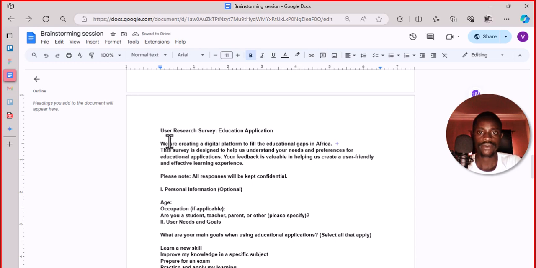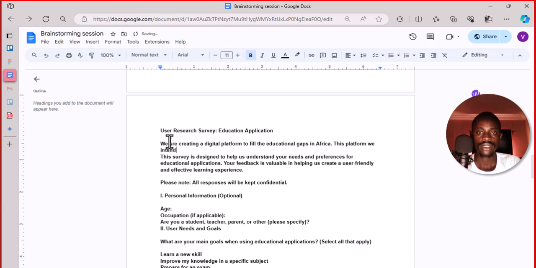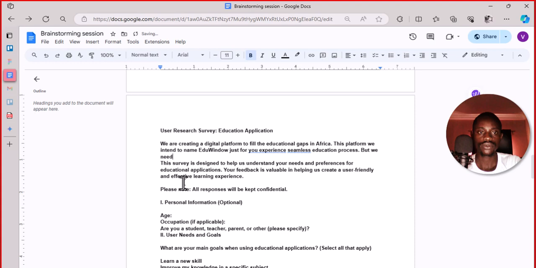To fill the educational gap in Africa, this platform we intend to name Edu, just for you to experience a seamless education process, but we need you, and that is why